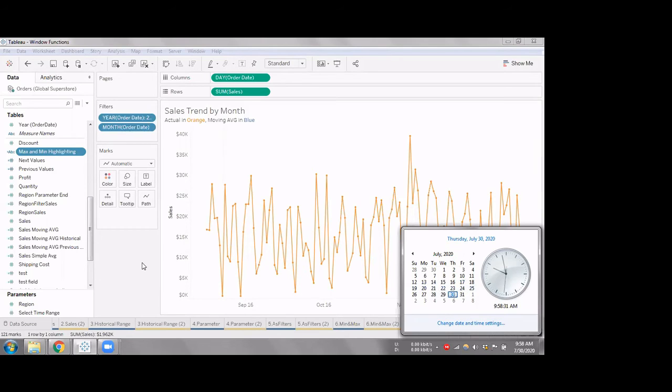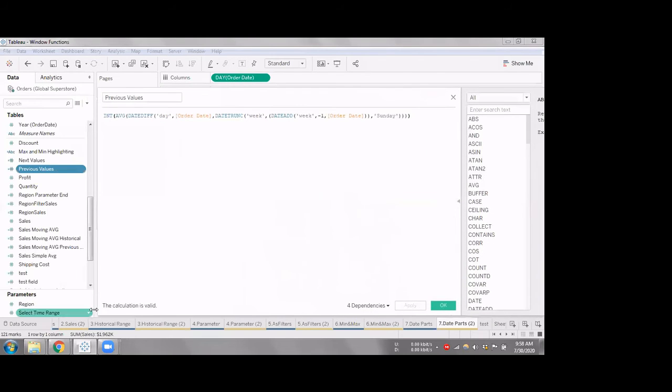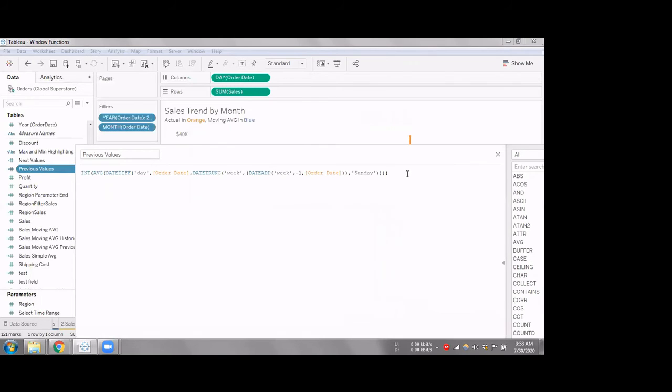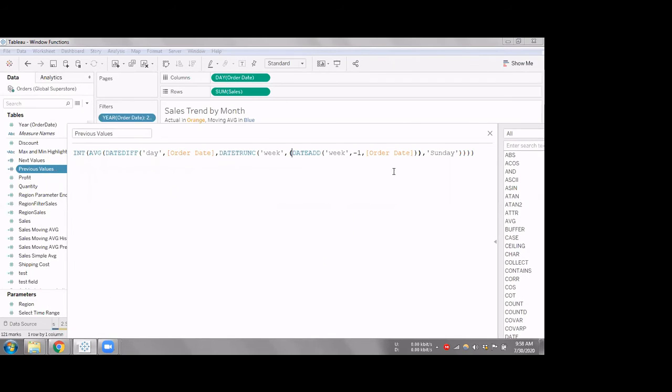Now all I have to do is calculate this starting value and ending value. I have already done that. If you see my previous value, this acts as the starting value. The calculation is a little lengthy, but it's very simple. Let me explain that. Okay, let's come to this particular part, the first part.